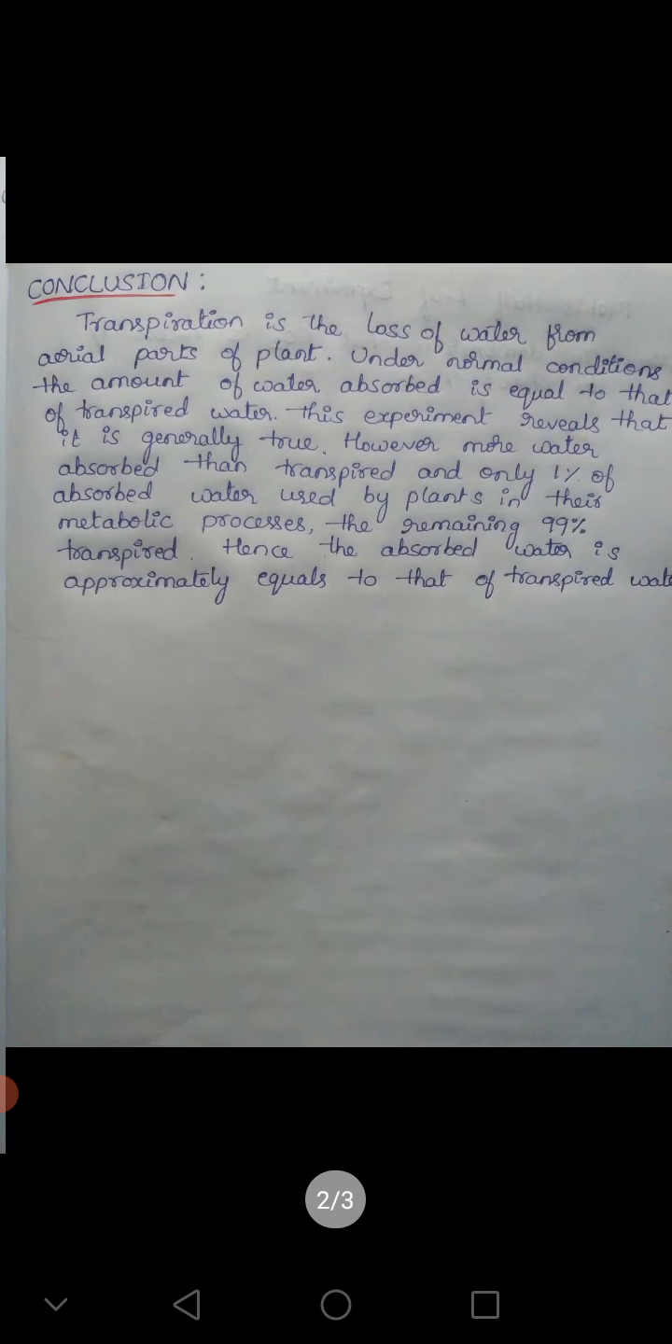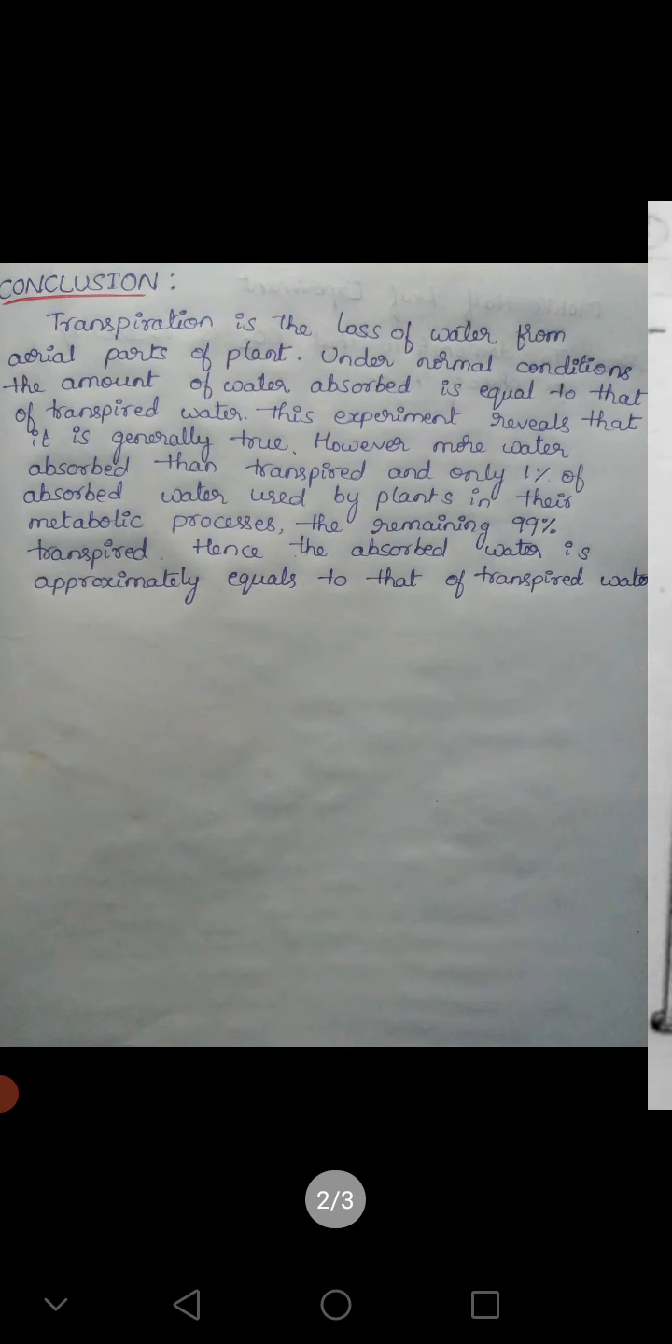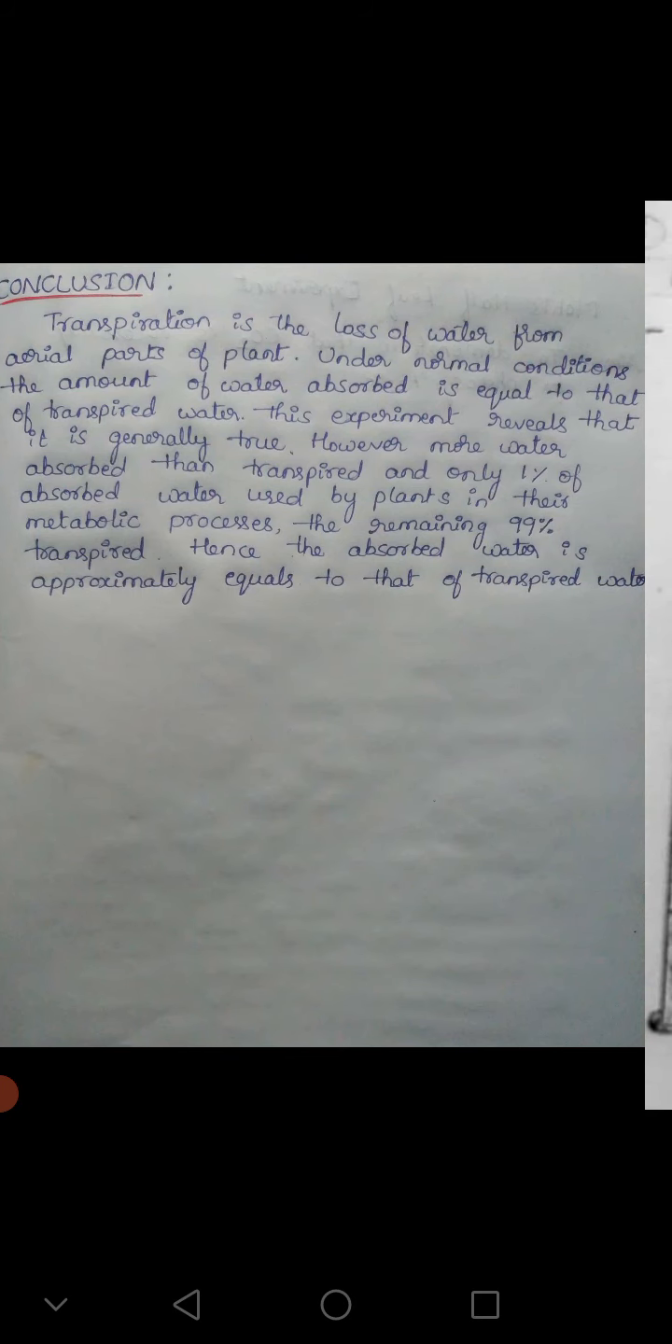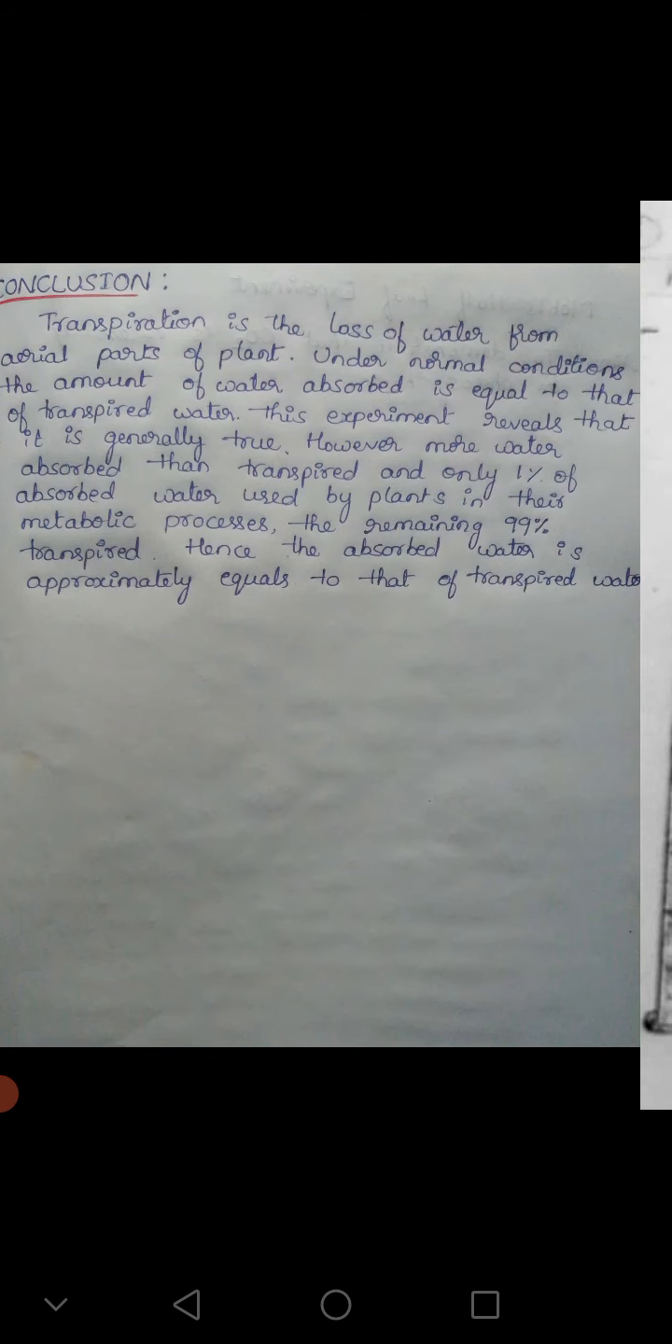Here we conclude that transpiration is the loss of water from aerial parts of the plant. Under normal conditions, the amount of water absorbed is equal to that of transpired water. This experiment reveals that it is generally true. However, more water is absorbed than transpired, and only 1% of absorbed water is used by the